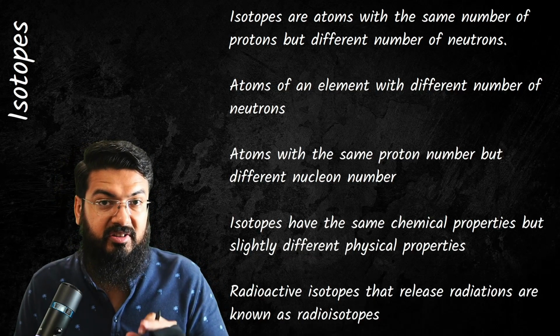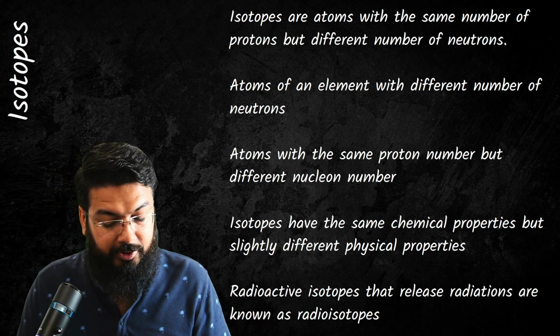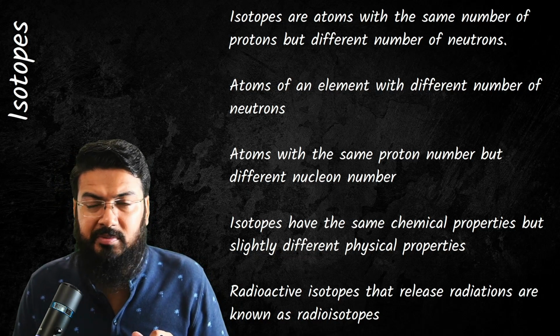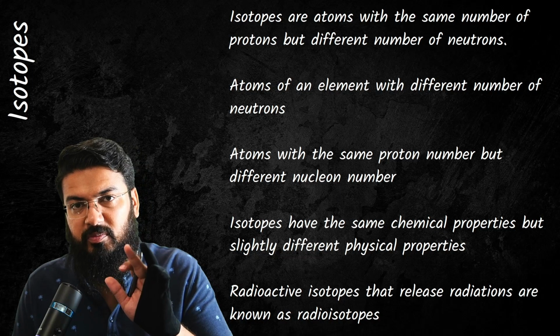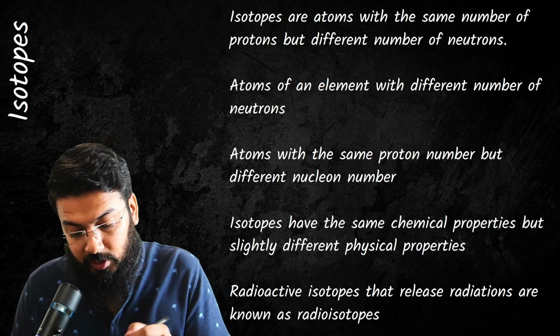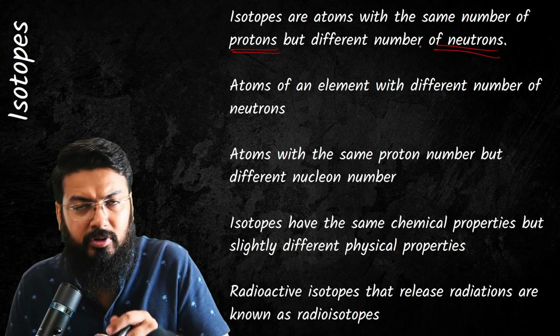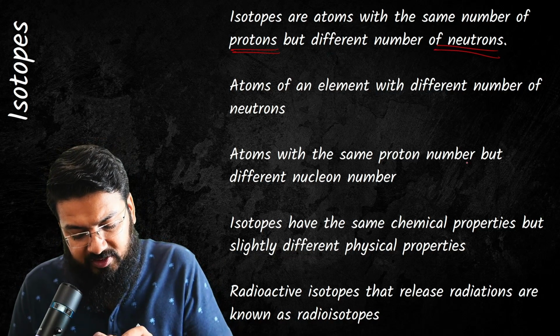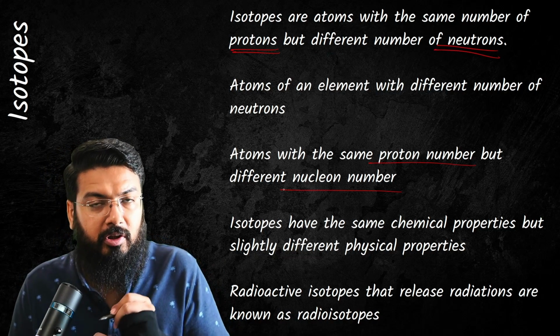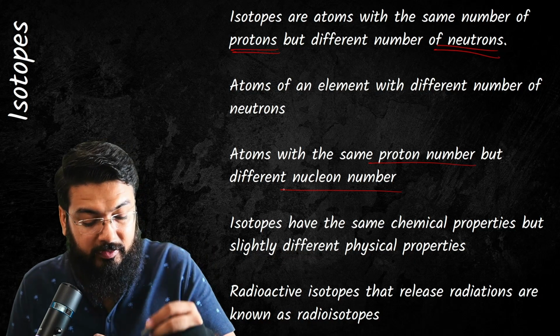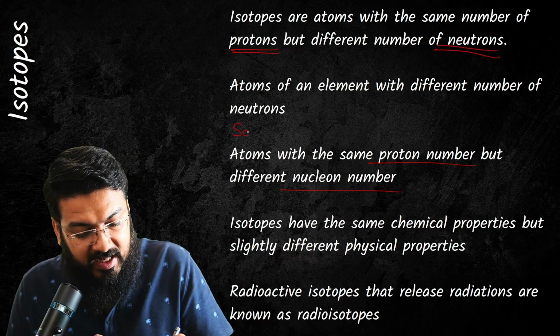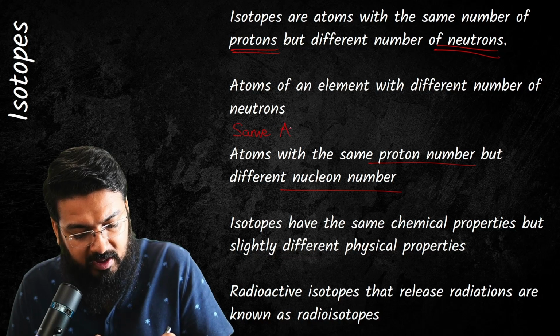Today we are going to discuss isotopes and electronic configuration. So what are isotopes? Isotopes are basically atoms with the same number of protons but different number of neutrons. You can also say that they have the same proton number but different nucleon number. Again, another way of saying this would be that you have the same atomic number